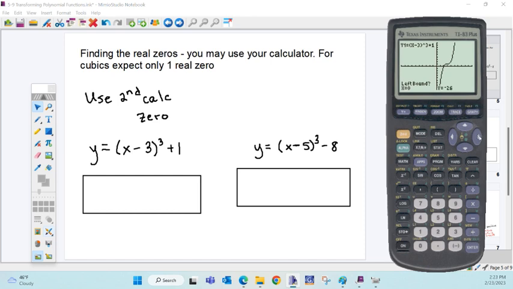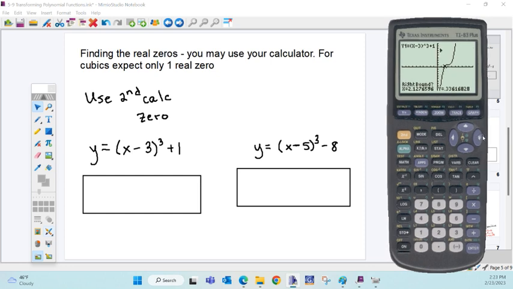And our left bound, we're just going to move actually to the right because it always starts on the 0. So we want the left bound to be kind of here to the left of the answer. That's all we have to do. And hit enter, and then go to the right of the answer, which means go past it to the right, and hit enter, and you can go close, and hit enter,